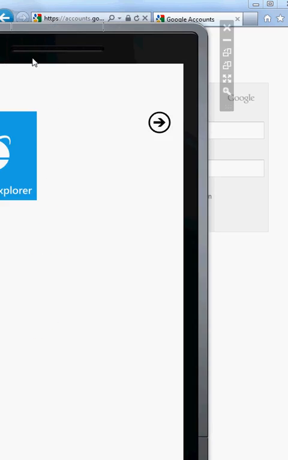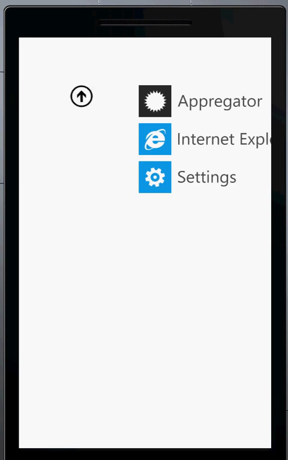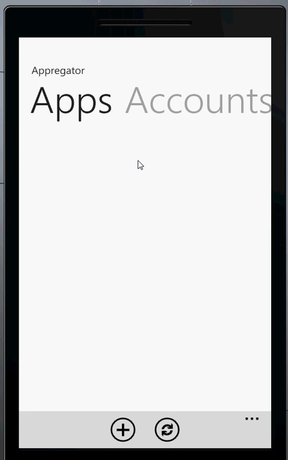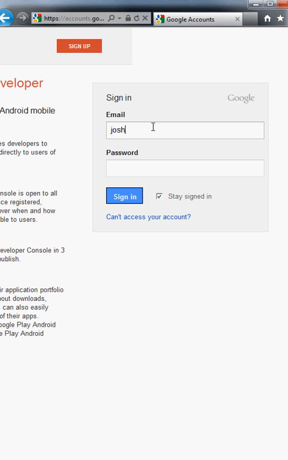Hello, this is a proof of concept video for my app Appregator. That's what it's tentatively called. Before I explain much about it, let me demonstrate what a developer portal looks like. So as you probably already know,